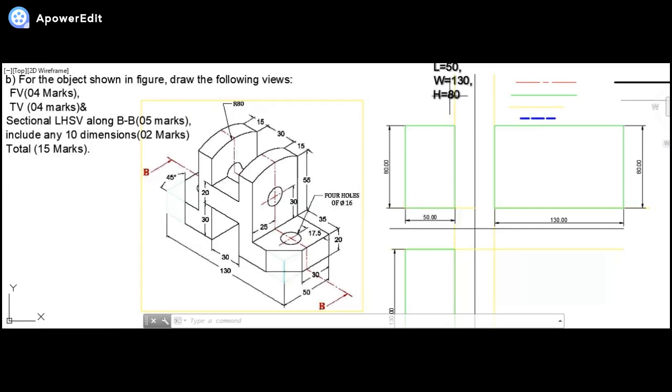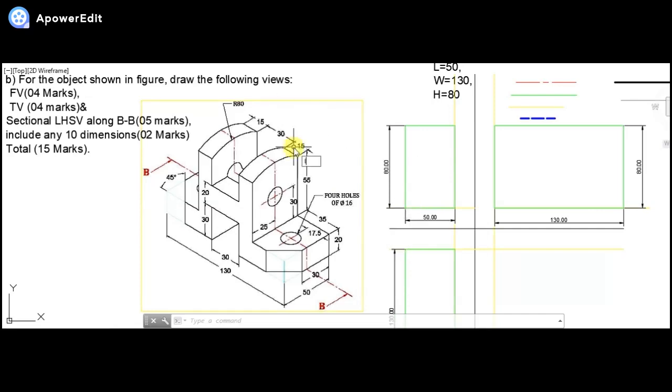Now as the question is asked, we have drawn an axis. Accordingly, we have made this as the front view box, this as the top view box, this as the LHS view box to the right. Why is it made to the right? Because the LHS view projection will be on the right hand side in first angle method of projection. So accordingly, the dimensions are taken. This is the length, this is the height, this is the width, this is height, and here it is the width and the length. So now let us draw the problem.